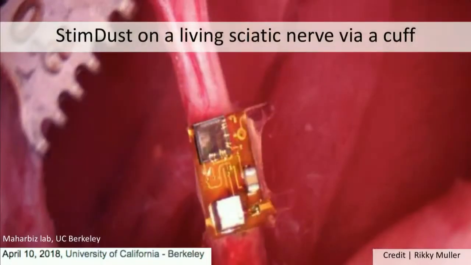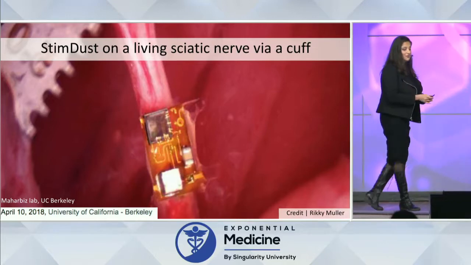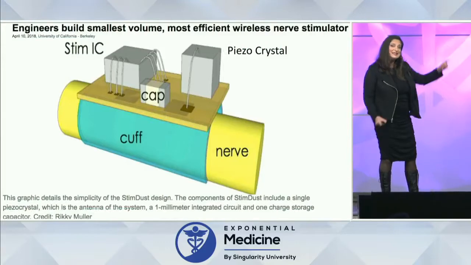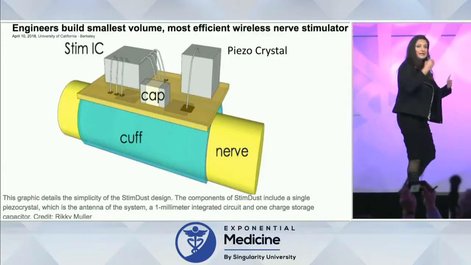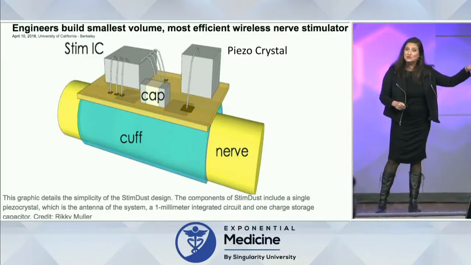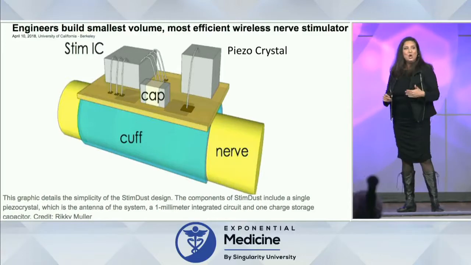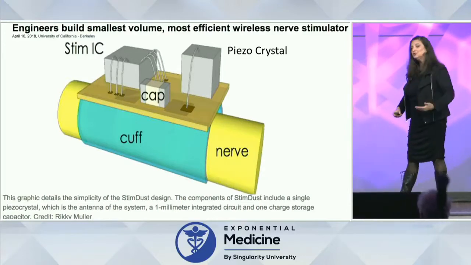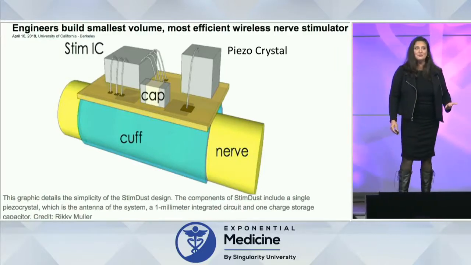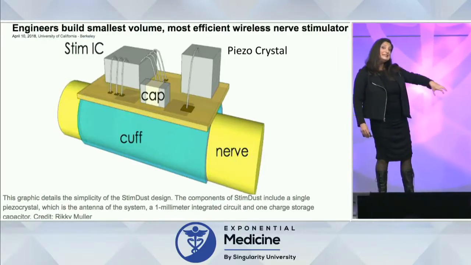And here you see the most recent version of their device, and it's sitting on top of a peripheral nerve. It's wrapped around it using a cuff. What the device does is take that piezo crystal, take sound waves from the outside, so it's acting like the antenna, and convert it into electricity to stimulate the nerve. So one day they're hoping that they can see the entire central and peripheral nervous system and gain access and control that way. Now the thing to remember is, again, you do still have to get inside the brain in order to spread neural dust.